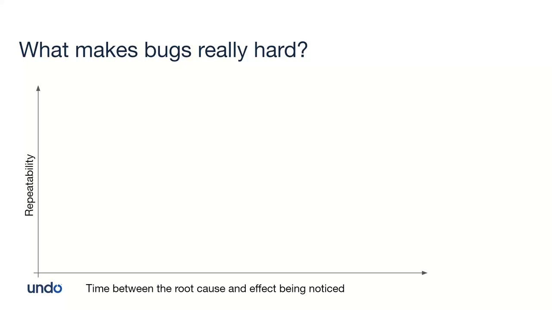But like in that Cadence case, I said, that was up here in the top right. The root cause was hours before the actual bug struck, and it was completely different every time. So two runs, you couldn't rerun and get more information at different times. Then it becomes almost impossible. The further to the top right you are, the harder it gets.